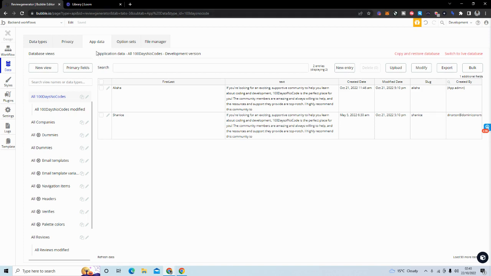If you're familiar with Bubble, you will know that you have your user-generated fields, so fields you've created. Here I have first and last name, I have text, and then you have default fields that Bubble has created, which is created date, modified date, slug, and created by. Now, you can create workflows to automatically create a slug every time a new entry has been created. For example, if there's a new piece of data that's been added, you can create a workflow to automatically add